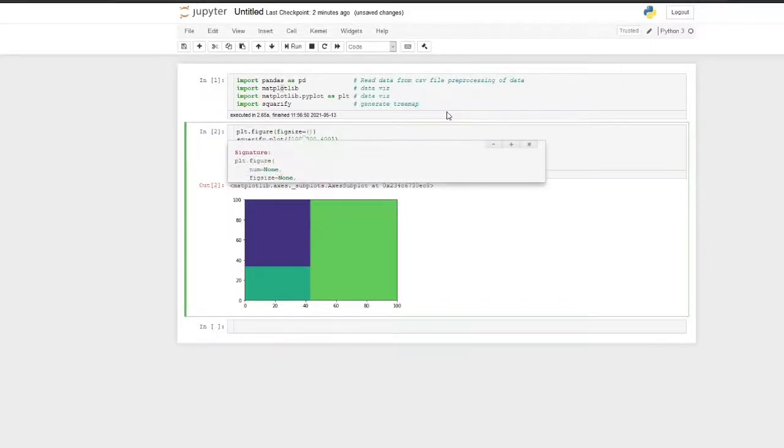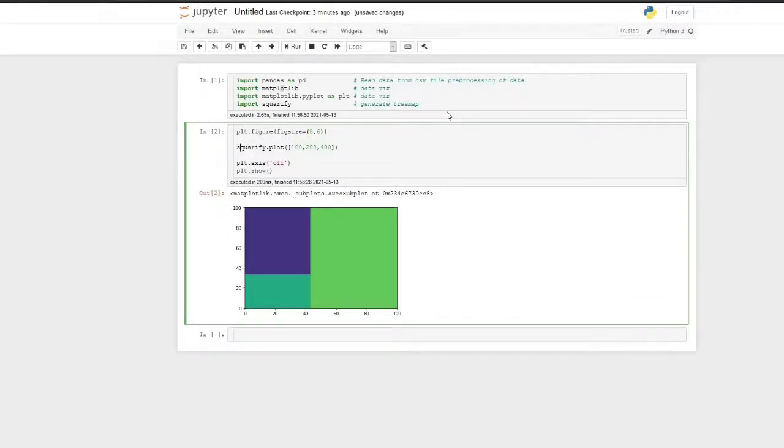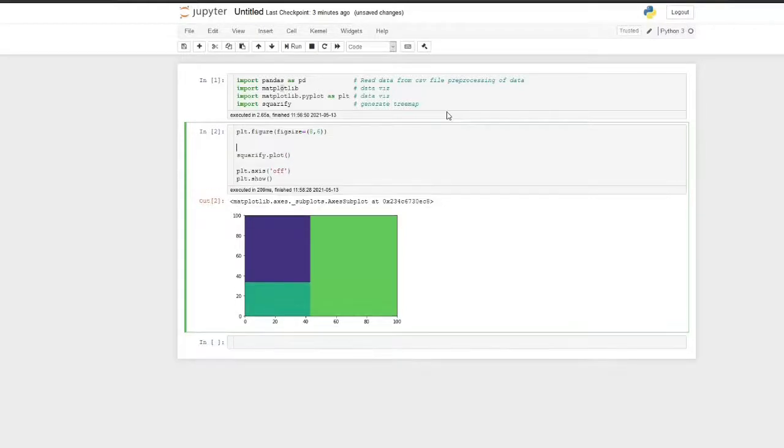I will define the size of the plot also. So instead of giving the array here, I will initialize the array outside and name it sizes. I will give sizes here.